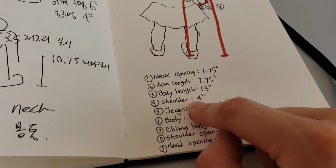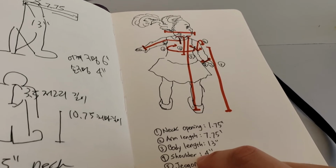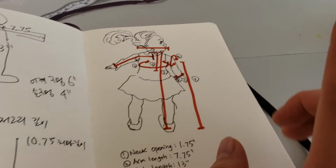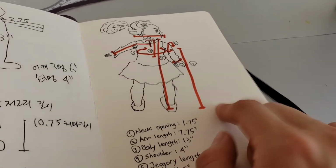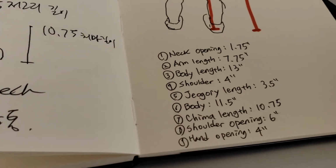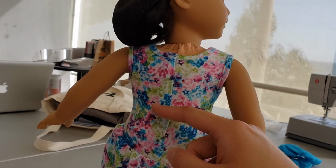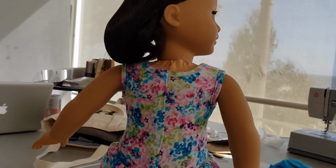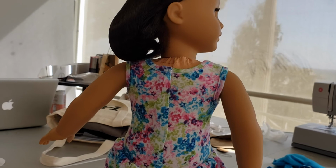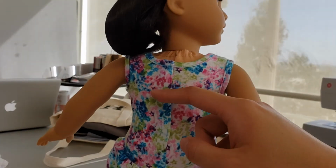Also, shoulder is not necessary. Hanbok is made to be flattened out, so usually it's the body circumference that determines the opening of the shoulder and all that. But since I wanted to fit more contemporary, I also measure shoulder length. And the next thing is chogori length. Chogori is a top. Usually I go a little above the belly button, because traditionally you would wear a chima anyways, and the chima goes all the way up,